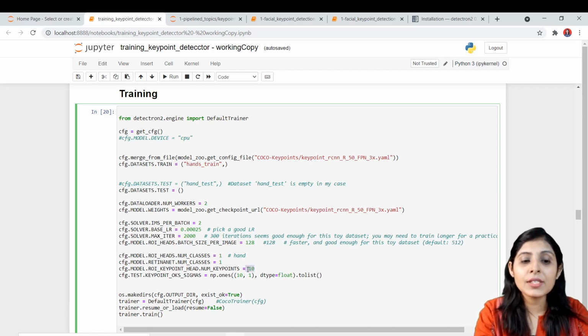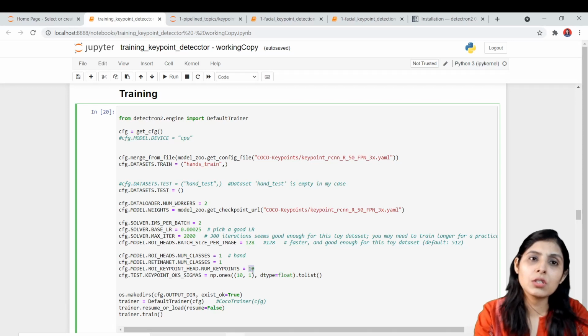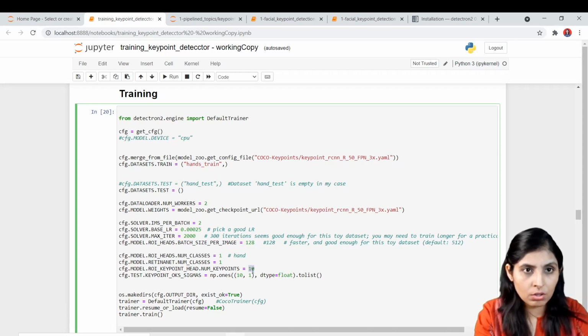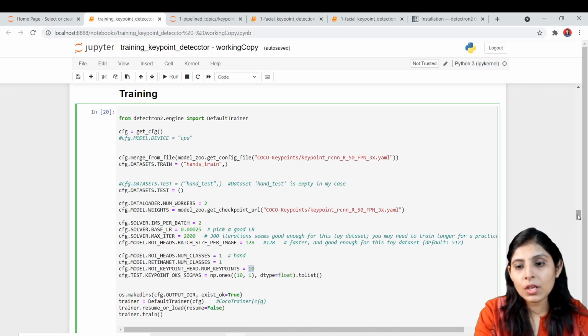And this is related to key points. You have to tell how many key points there are in your dataset. Our dataset has 10 key points, so I've written this. And this point is again important over here. You have to write 10. Just copy this code as it is, just change these. 10 is the number of key points, just change it as per your dataset requirement, and then it will start the